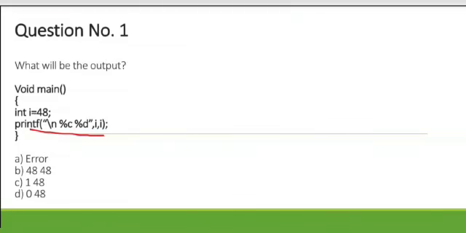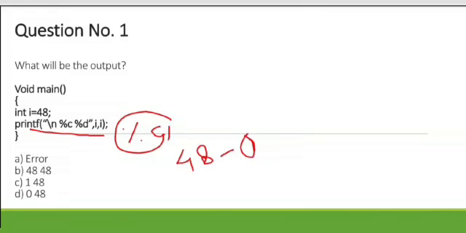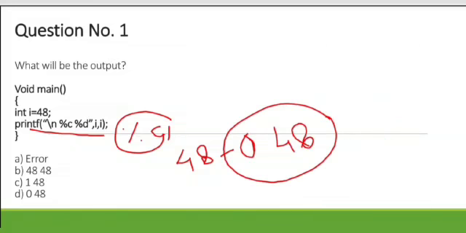So for the %c format specifier, the ASCII value for number 48 is 0. So for %c it will print 0, and for %d it will print 48, which is integer. So the output for our question will be 048, which is option D.